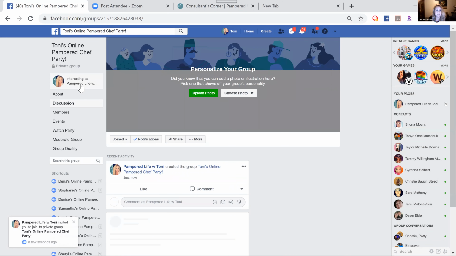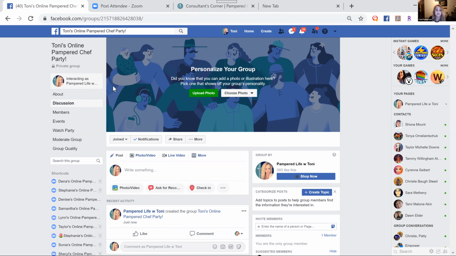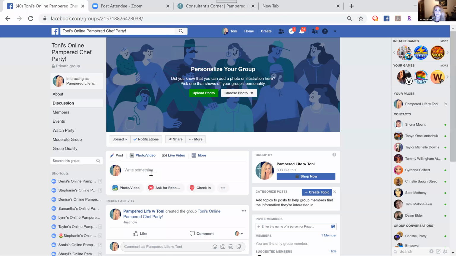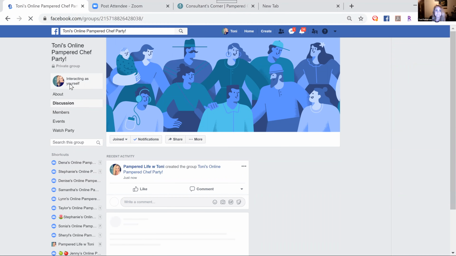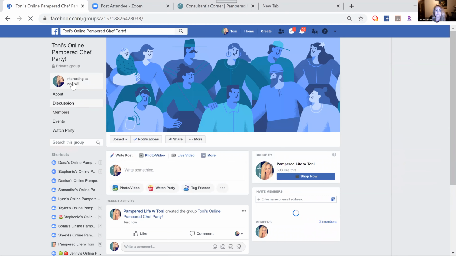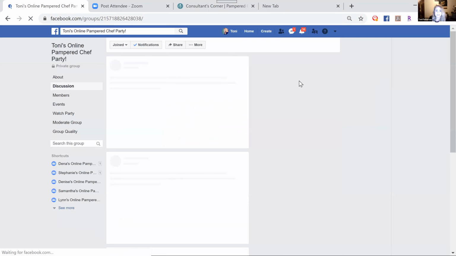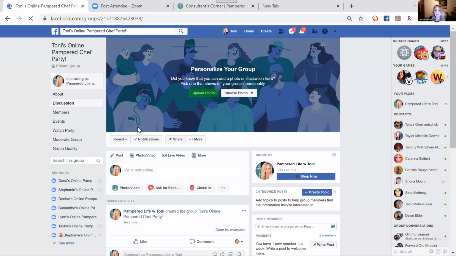And first thing I do is I've made this as a page, and so now I'm going to click over here where it says interacting as. I'm going to click on that and join the group as me. Okay. And once that kicks in, I got to go back to me as my page, and then I'll make me an admin here in a minute. But first I'm going to upload my photo,